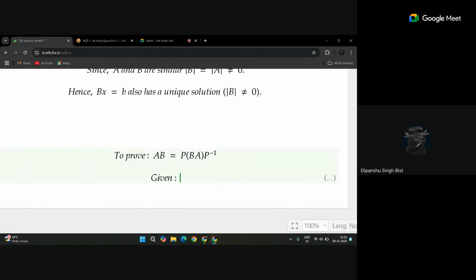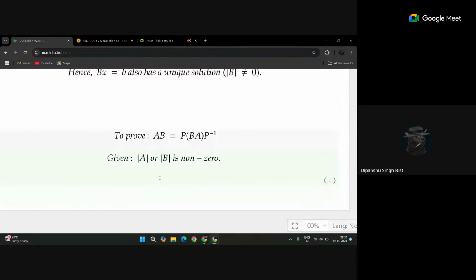Given: determinant of A or determinant of B is non-zero. The one thing we can prove is that determinant of AB is equal to determinant of BA. That is fine. What about the second case? How can we come till here? Okay, got it. Let's suppose